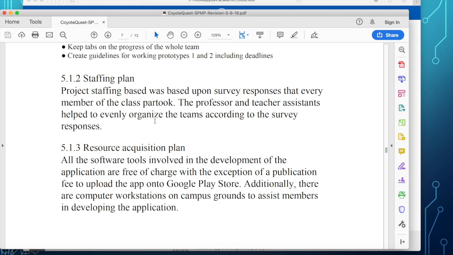We also rank you from most qualified to least qualified. The first choice in the list, since you are the most qualified, is eligible to be the project manager, and the second choice is the assistant project manager. That's how we arrive at the staffing plan.